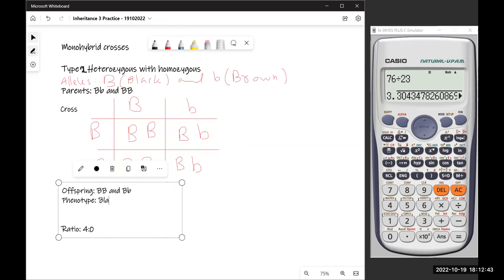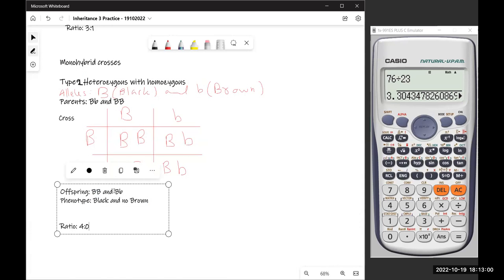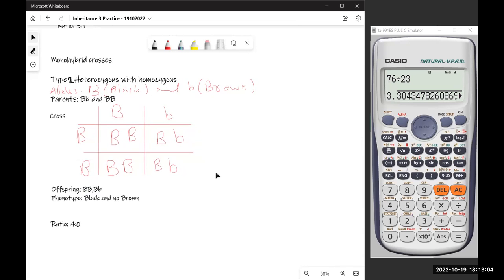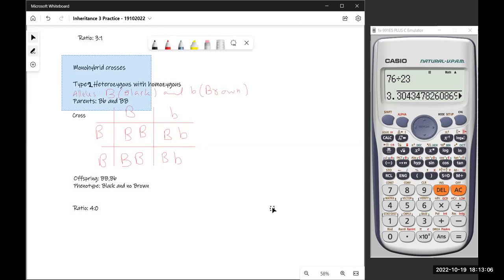Let's say black and black. Ratio is 4:0. Ratio for black and brown, let's say black and no brown. Last type for this is